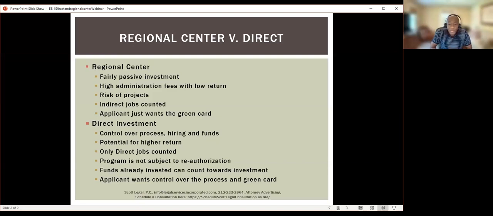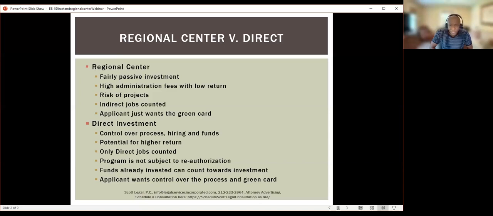Before we jump into the requirements, let me talk a little bit about some of the changes in this program. There was a big change in the EB-5 program in March of 2022. There's a little bit of history even before that, but I think the more relevant part is when they developed the new or updated law. They made a number of changes, and some of these we're going to go over during the presentation today.